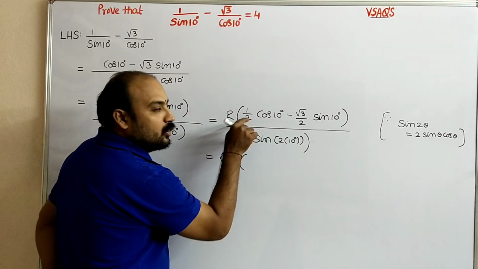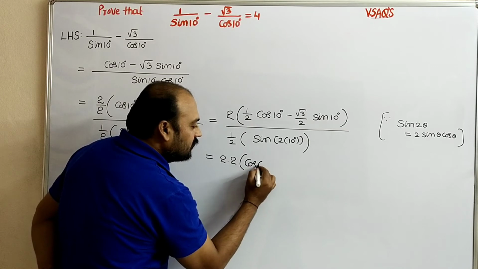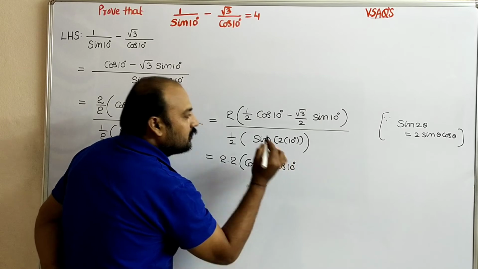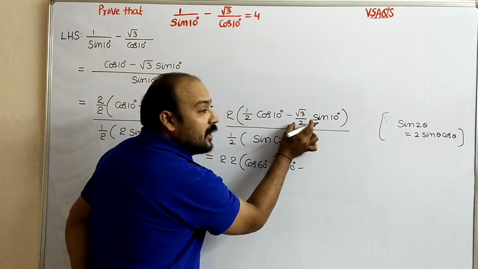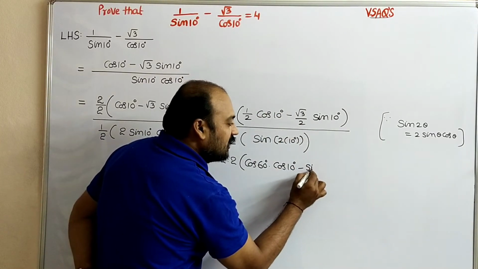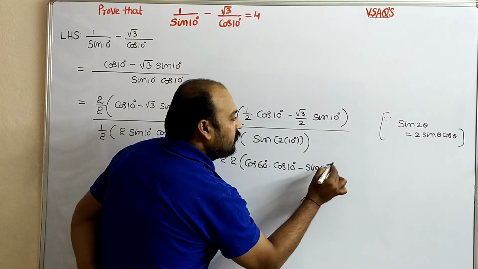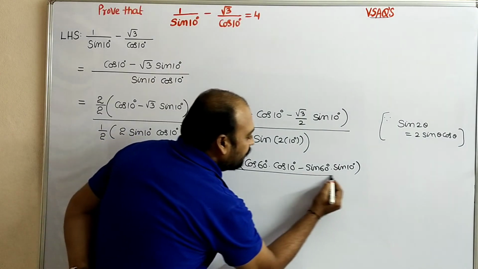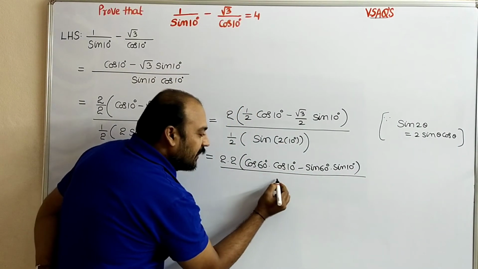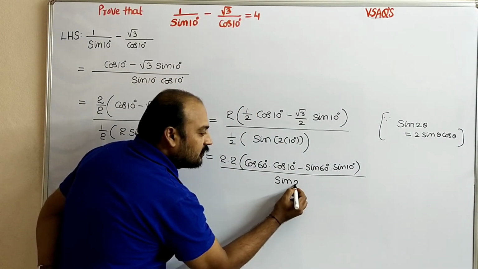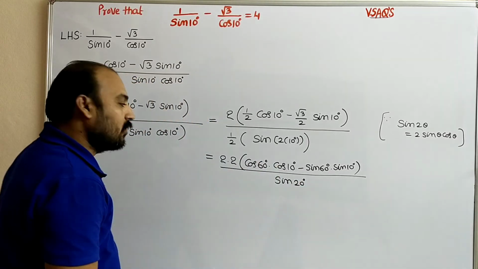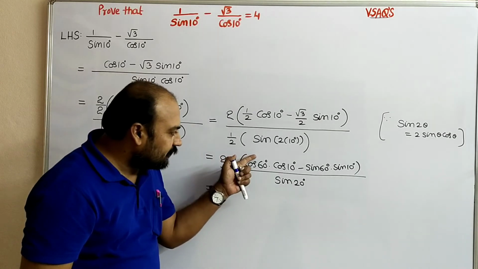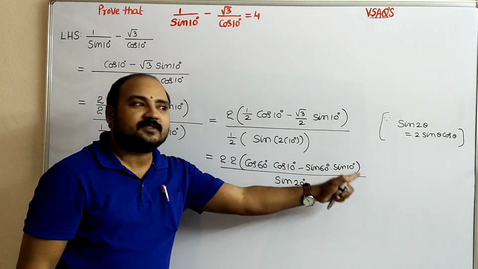In place of 1 by 2, I am writing cos 60, into cos 10, minus root 3 by 2 in terms of sine: sine 60, root 3 by 2, into sine 10, divided by sine 2 into 10, sine 20 degrees. So 2 twos are 4, which is in the form of cos A cos B minus